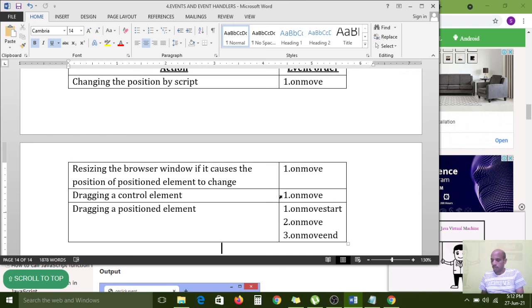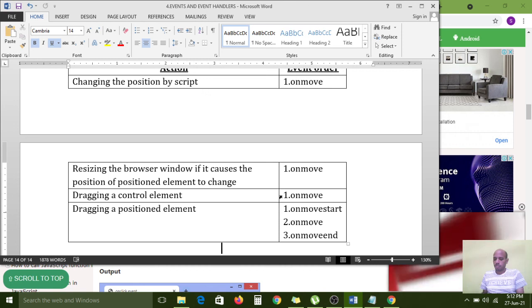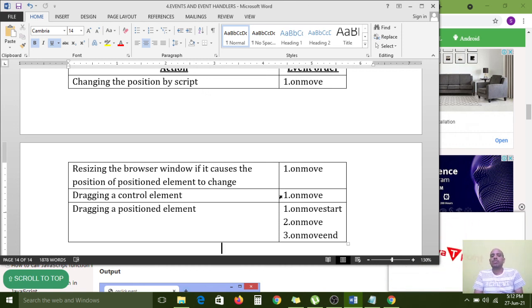Onreset, onresize, onselect, onsubmit, onunload. The onunload event is the reverse of onload. When the web page loads, the message is printed immediately. But for onunload, if there is any interruption while loading the web page, the page unloaded message is printed as an alert message.